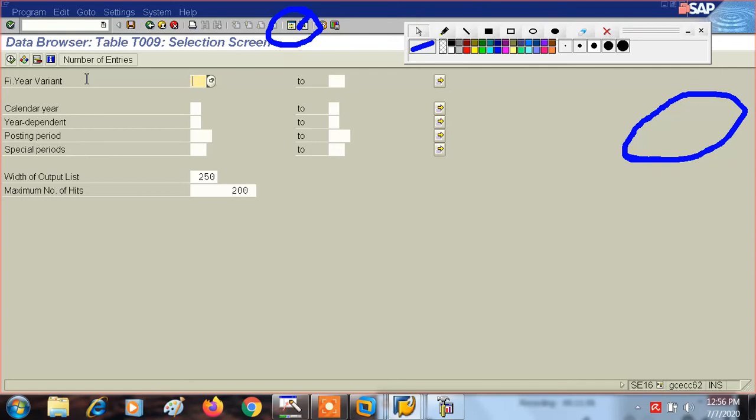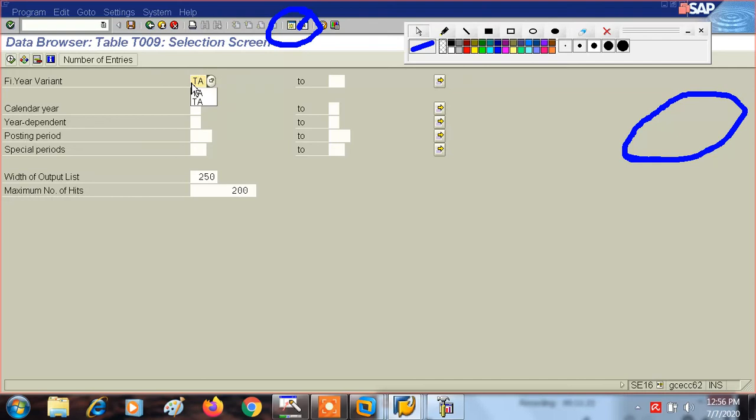But if you want to see your fiscal year variant separately, then there is another table which is T009. So execute here. So what is your fiscal year variant?